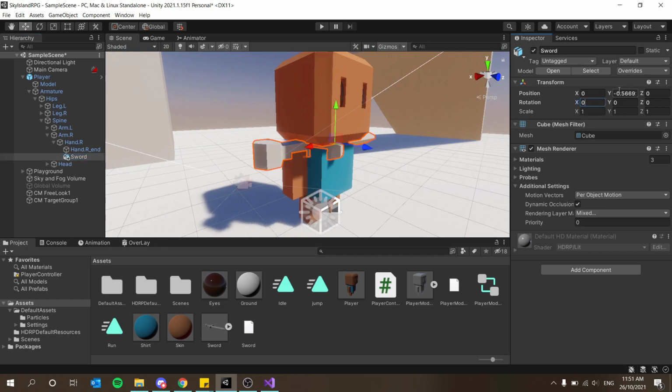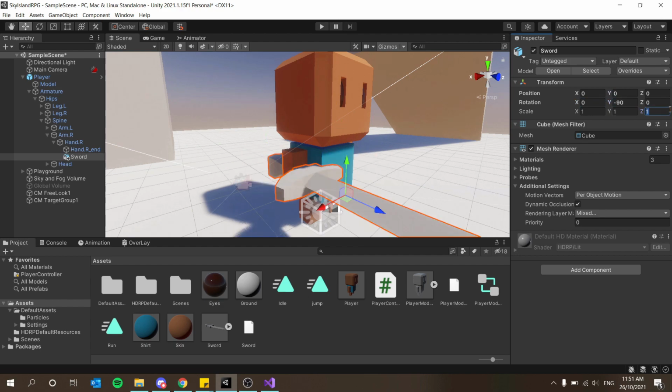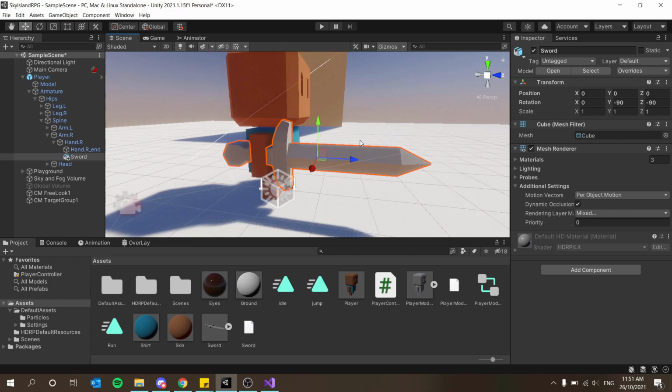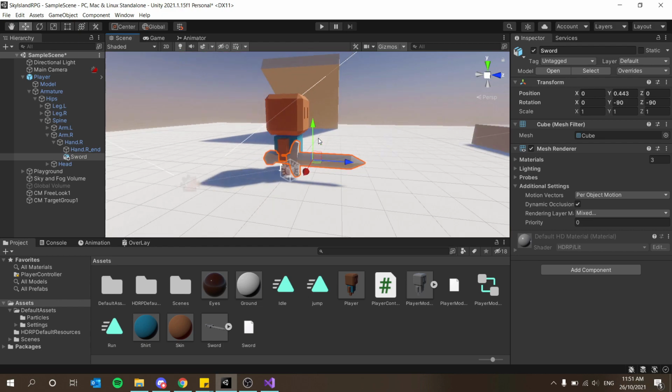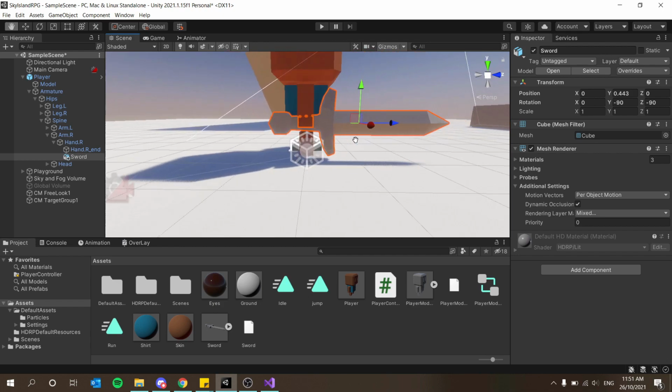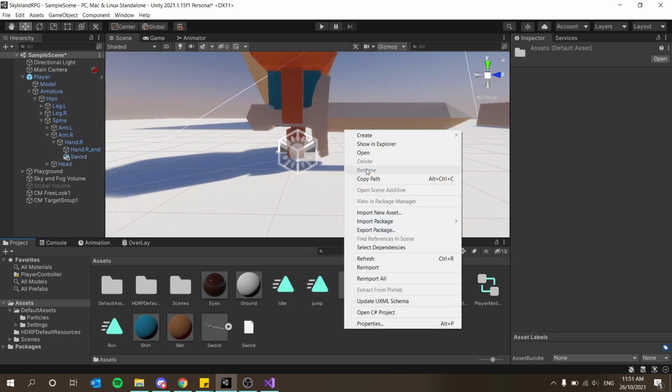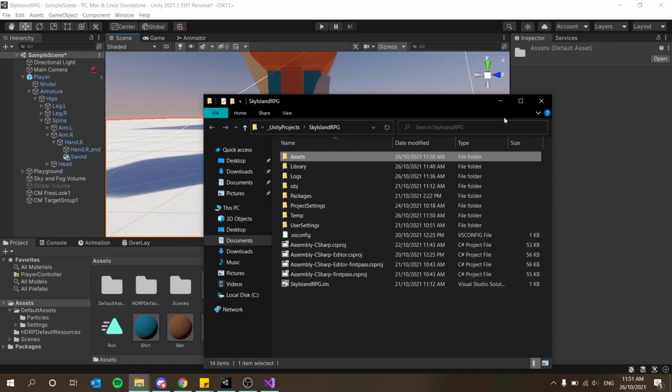Let's fix this up a little bit. Rotate this way. Minus 90. 90. Probably this way, yeah. That is a little bit big. It's perfect. Okay, so